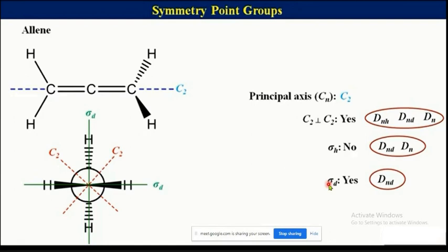So in the case of sigma D, in 90% of cases I am telling you, you should have two different types of C2 and both the C2 should have a 90 degree orientation to each other. Then in that case, to visualize whether sigma D is present or not, you need to pass a plane which bifurcates, at a 45 degree to the C2, and see whether the molecule has been bifurcated symmetrically or not.